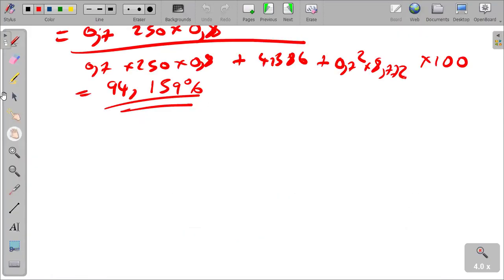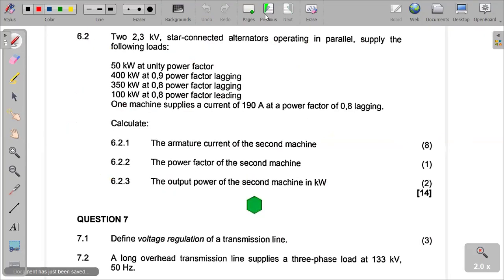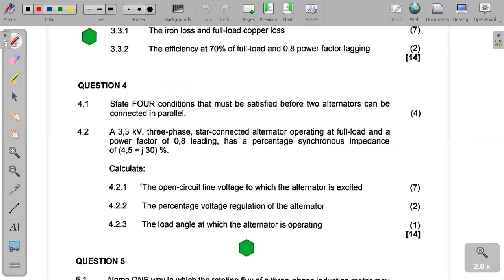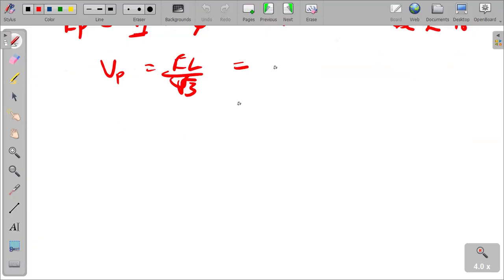Okay, first things first, EP is equal to VP angle phi plus I times R angle of 0 plus IXL angle of 90 VP. Right. We have that information, so we can directly calculate the 3.3 kV that we are having, and we use that to determine VP. That will give us 3.3 times 10 to the power of 3 divided by root 3,